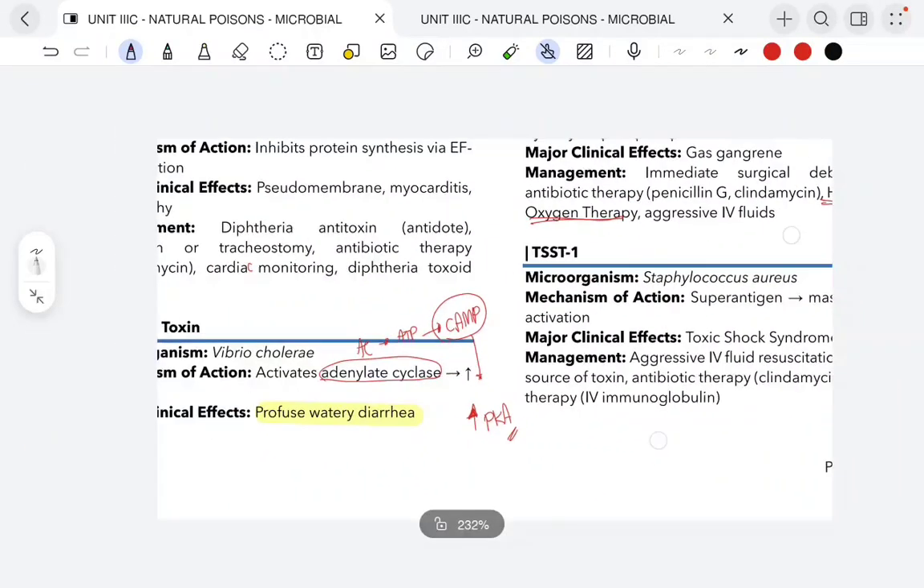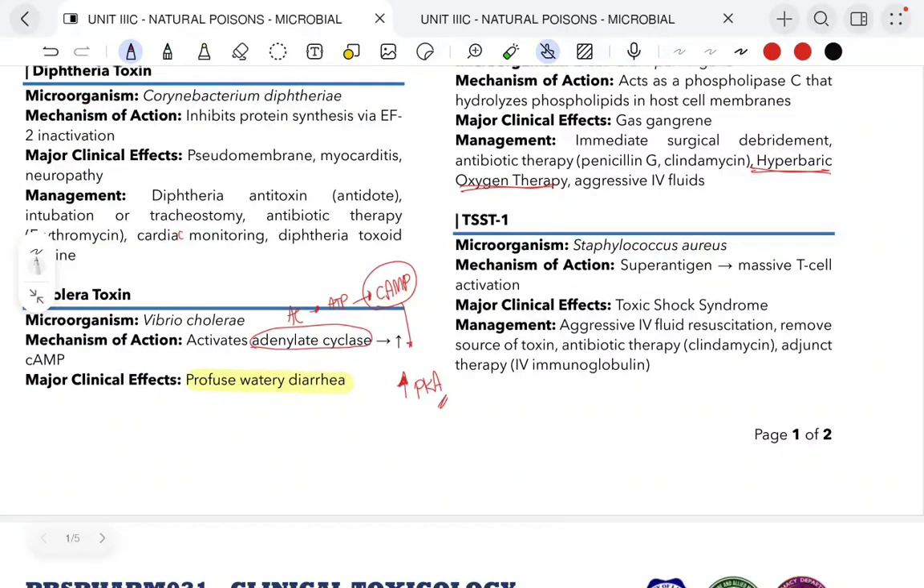So it is produced by your Staphylococcus aureus. So mechanism of action, remember that your TSST1, it is a superantigen causing a massive T cell activation. So for its major clinical effects, we have your toxic shock syndrome. So actually class, yung ating TSS, sa number of cases ng ating TSS class, commonly associated yan sa paggamit ng